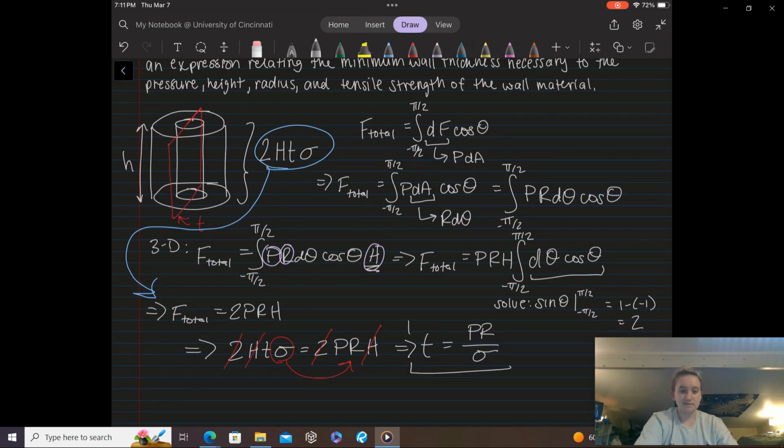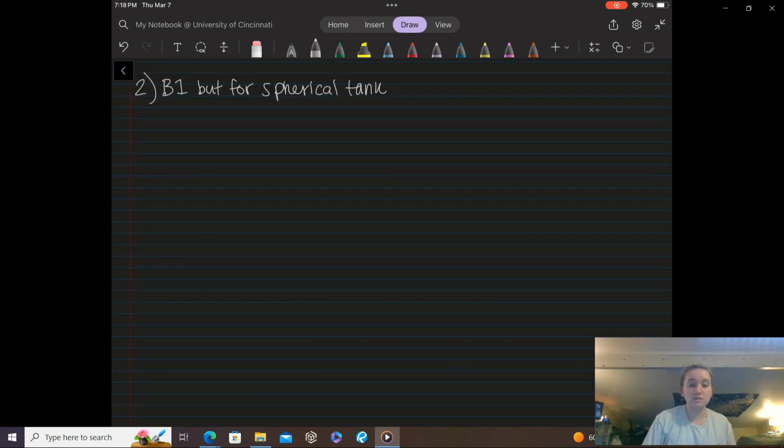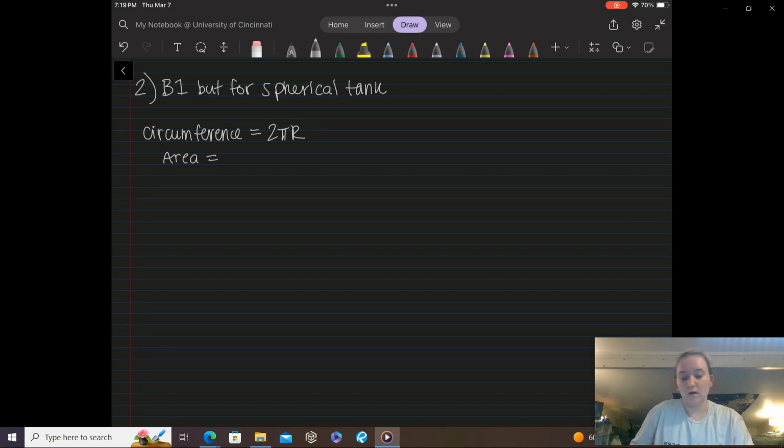And that is it. Question 2 is the same as B1, but for a spherical thing instead of cylindrical. So you have a circumference of 2 pi r when you have a sphere. So let's write that down, 2 pi r, and then you multiply by the thickness, which would give the area of the sphere. So then your area is 2 pi r t, and then you need arc length to derive area for inside the sphere,